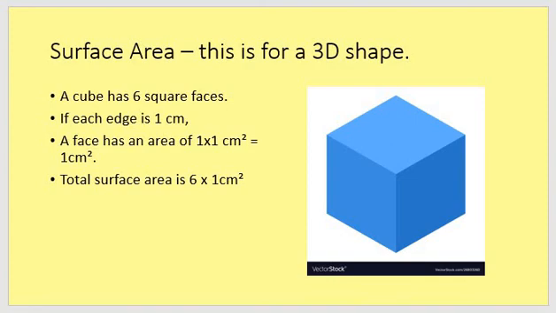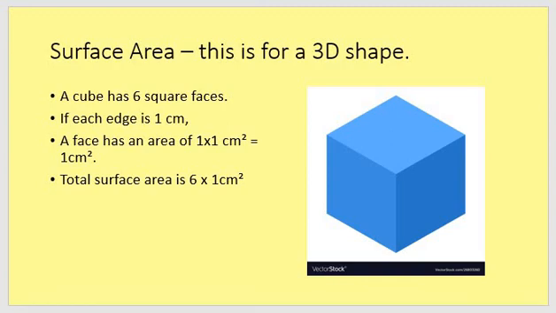And then to find the total area for the cube, you have to multiply the area of one face by 6 because there are 6 faces. So the example here is a cube which has sides of 1 and 1, so you have 1 times 1 to give 1 square centimetre. You've got 6 lots of 1 centimetre squared, which will be